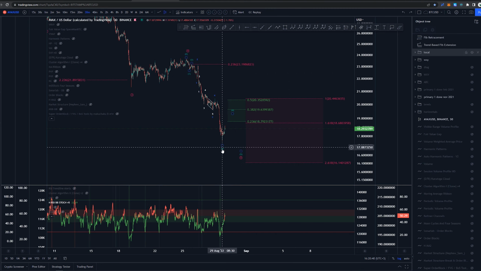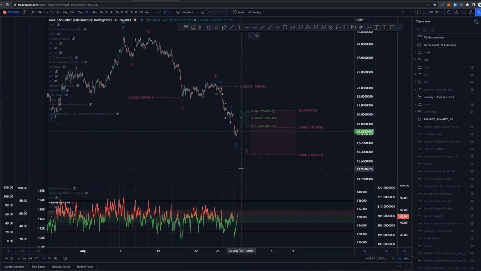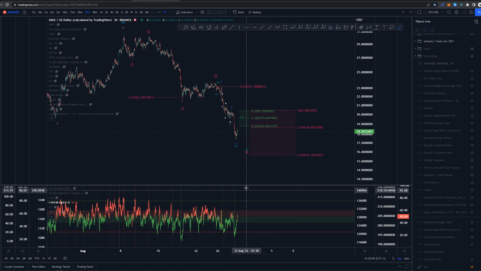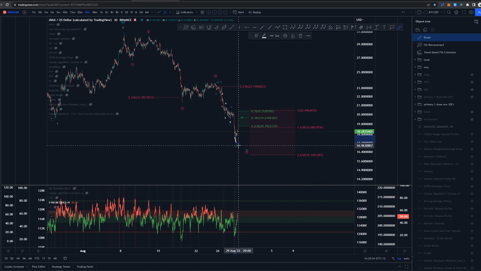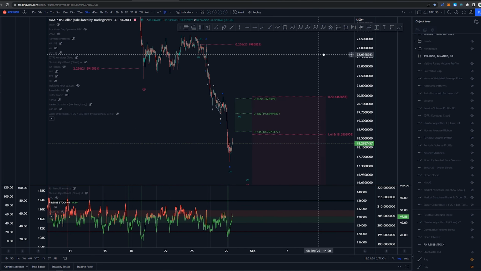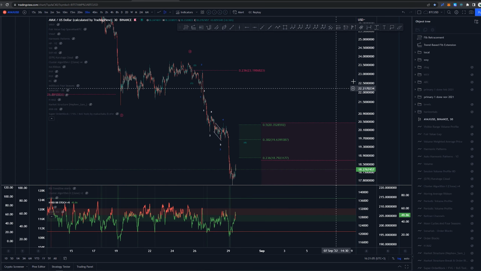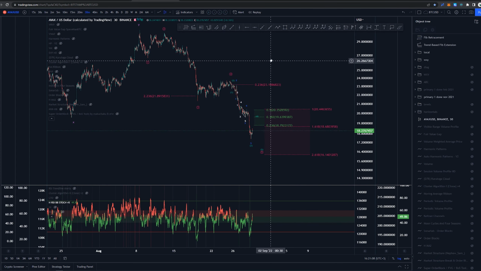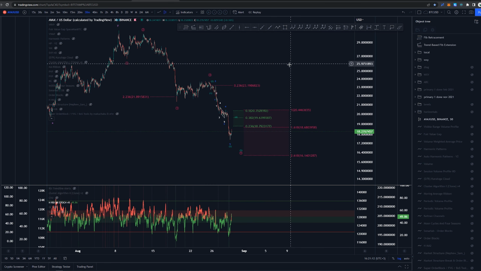Is it possible that we have already completed this structure? Of course it is possible. However, I see it as less likely because again the RSI here is the lowest low and we don't really have that clear divergence here between this structure basically at all. So yeah, that's the reason in there. So one more note, same as in pretty much every altcoin you want to be tracking, Matic, ADA, whatever you want to be seeing, most likely is going to be having some kind of structure like this.